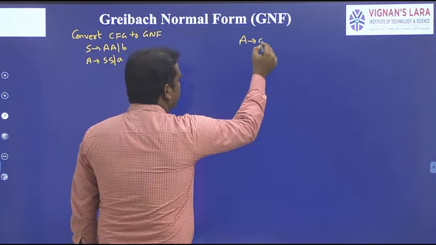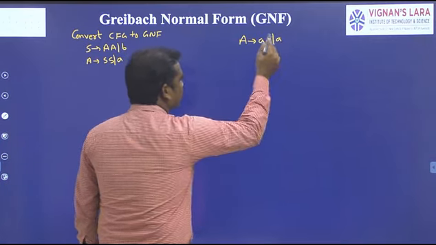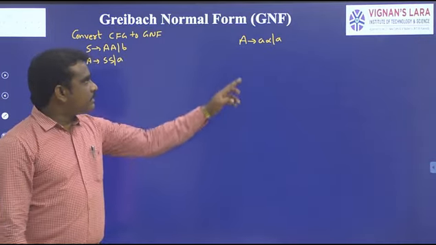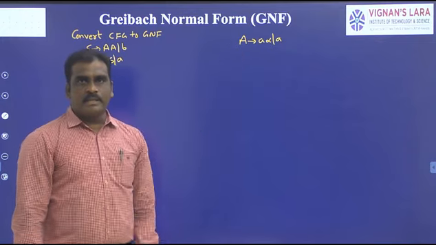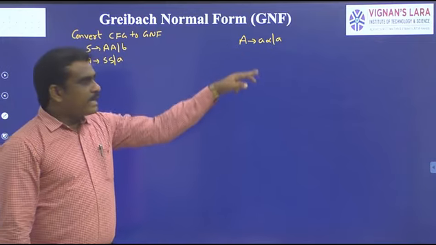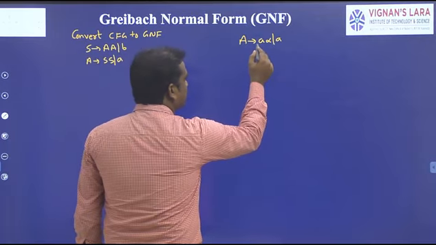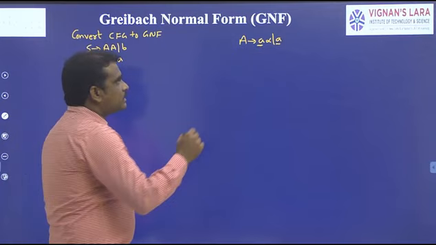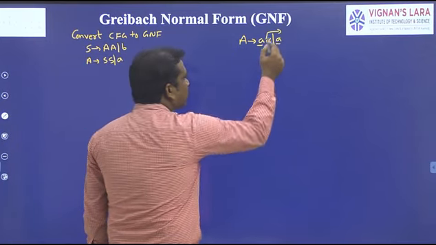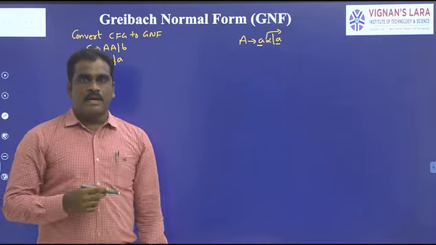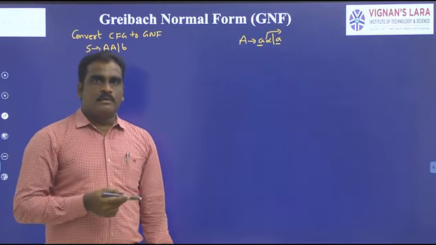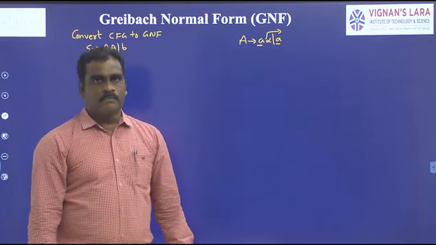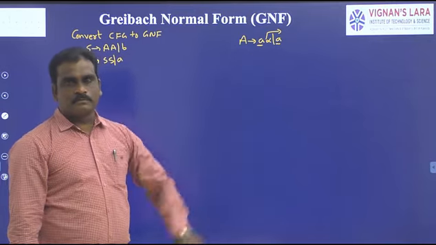A → aα or A → a. It is GNF form, A → aα or A → a. That means the production's left hand side is a single non-terminal symbol and the right hand side starts with a single terminal symbol. And alpha means 0 or more variables. Suppose alpha is 0, then the production is only A → a. So this is GNF form.